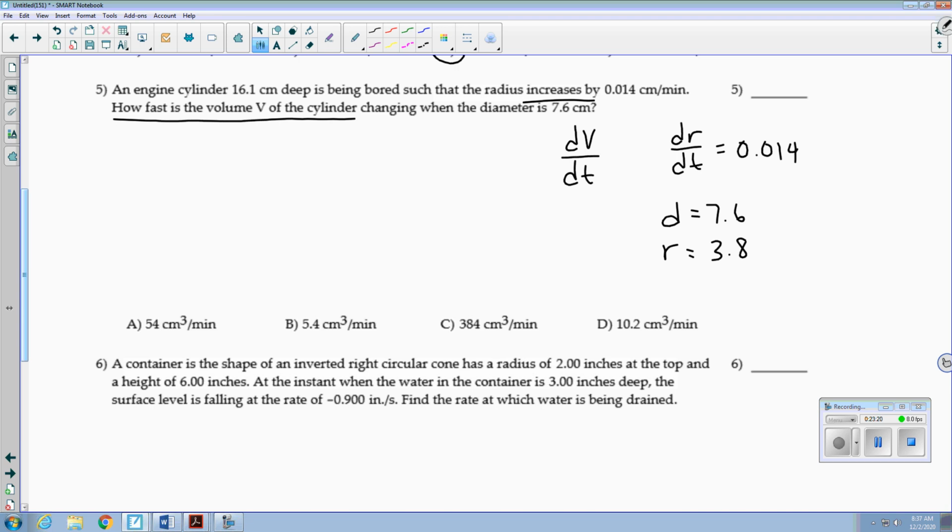So volume of a cylinder, again, a cylinder is just like a special prism example. The base is a circle, so just area of the base times the height. That's how you get volume for prisms. So it's going to be pi r squared times h. At this point,